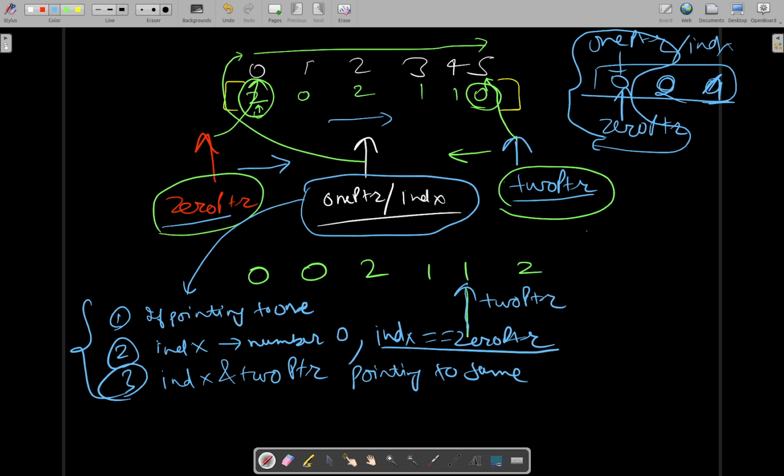And one thing here to be noted is when we will be stopping this whole algorithm. It is when this 1 pointer or the index exceeds the 2 pointer. Okay, so when these two pointers will collide, let me use some different color. Okay, when these two pointers will collide,